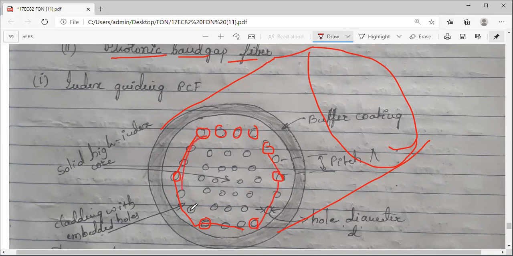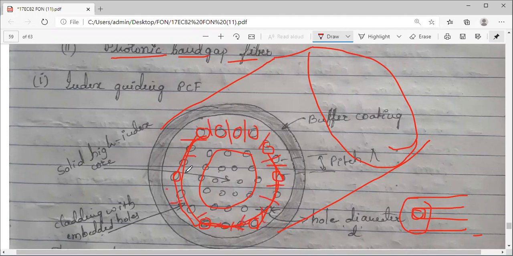And if you see, all these holes are placed in the cladding material, because in an optical fiber, the inside material is your core and the outer one is the cladding. Here you can see the holes are placed in the cladding itself, and there is no separate boundary line, like two different concentric cylinders placed one inside the other. Within the material, these airy holes are formed in the cladding region, and whatever is in between is your material, probably silica, with which your cladding is made.